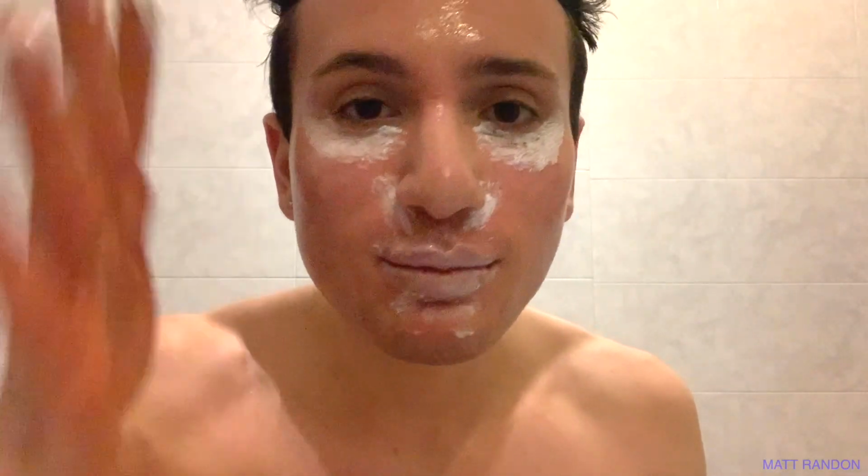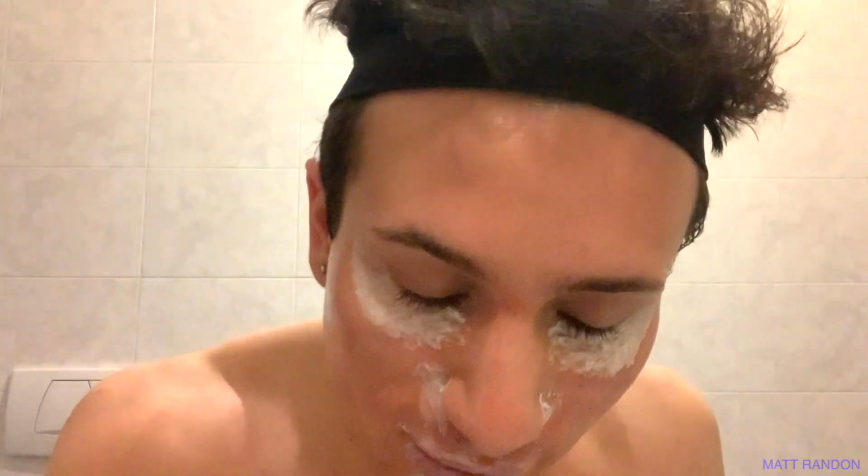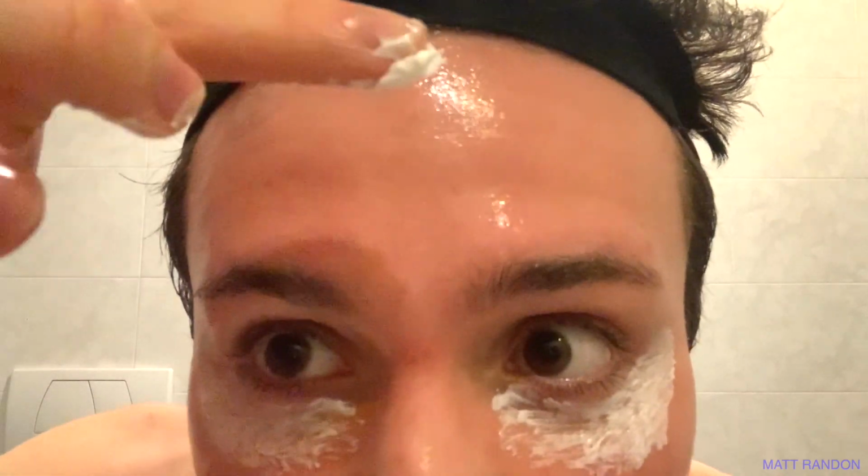The last place where I put it personally is right here on the forehead. Now don't put it if you have breakouts or pimples on your forehead, because this is only going to worsen the situation. But if you're like me and you don't have any pimples right here, when I raise my forehead, this is where I will get my wrinkles. And so a tip in anti-aging skincare is basically you want to keep your skin very hydrated and